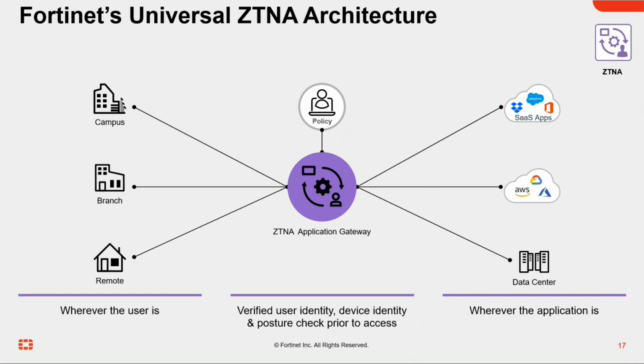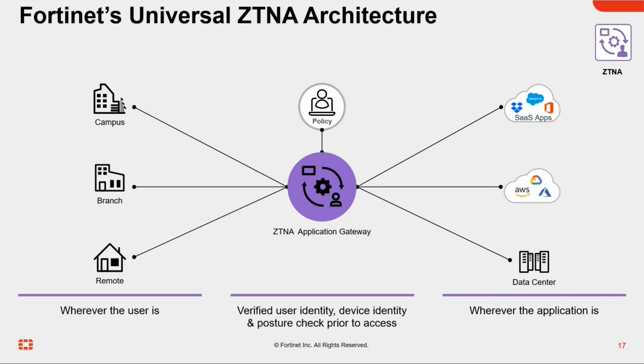From a Fortinet perspective, we look at it as a universal zero trust network access. Universal in the sense that it doesn't have to be a user in the corporate environment. So it could be a user, once again, working from anywhere. It doesn't matter where the applications are delivered. So those applications could be in a data center, so in a private cloud environment, or it could be in the public cloud. So maybe it's software as a service, or maybe it's part of an infrastructure as a service application. So it doesn't matter where that user is.